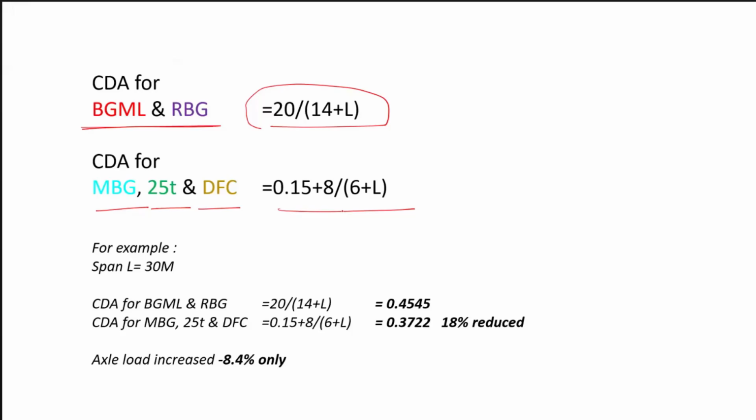Okay, so CDA for GML RBG is only 0.45, whereas CDA for MBG becomes 0.37. It means it is reduced by 18%. So CDA after the MBG has been reduced, and therefore